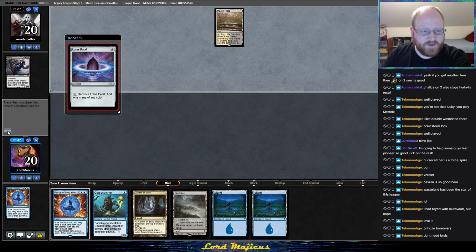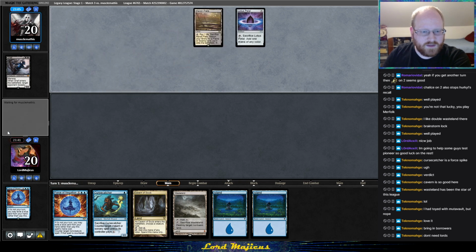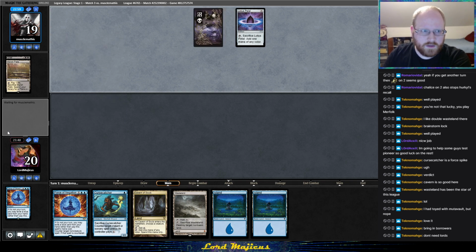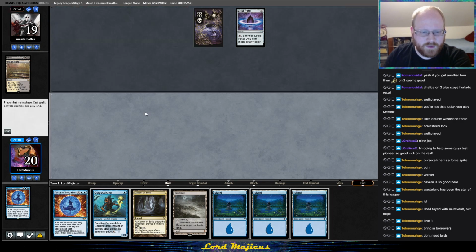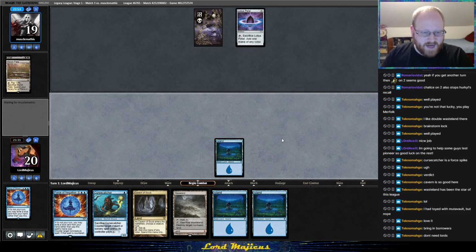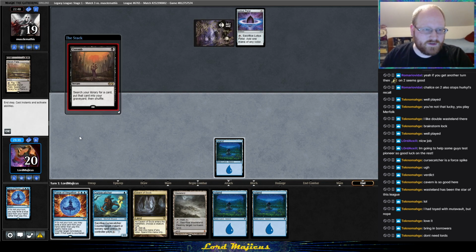I'm going to go Lotus Petal. Okay. And they know I have Wasteland, so they'll probably just get basic Swamp, I'm assuming. Yeah, but they're not going to go for it because they know Force is going to ruin their entire existence. Come on, blue card. Blue card, blue card, blue card. Okay, that is a problem. Sadly, we just have to pass. I could play the Cursecatcher, but they could just very easily call my bluff on it, so...